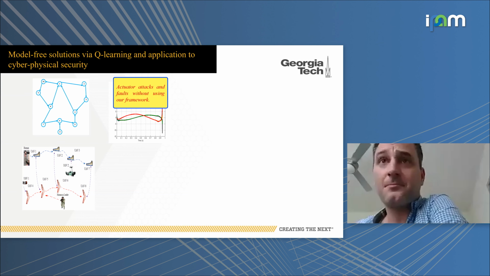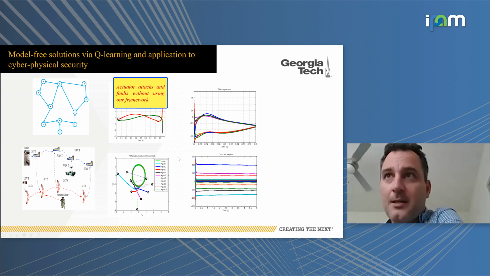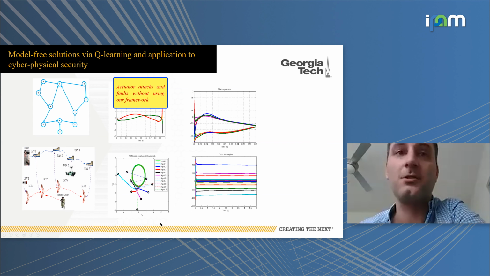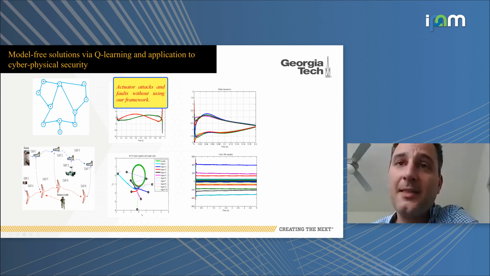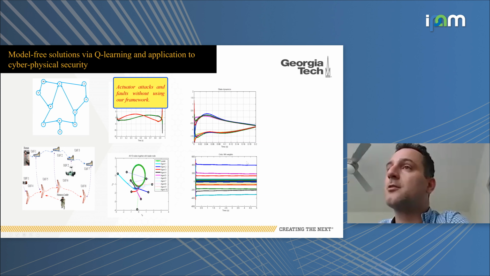Okay? But what happens when we use our own learning framework? Okay, so here in this graph, you see the leader agent is the green one, and then everything else, the circles, are the agents that start from different random initial conditions, and all of them synchronize to the leader without even communicating with him. If you see here, only number 6 communicates. And not only are they synchronizing, but they're also converging to the optimal solution of the problem.